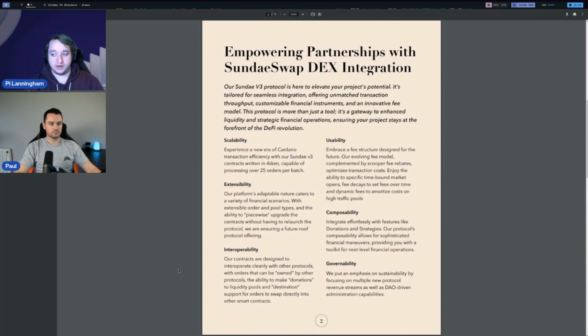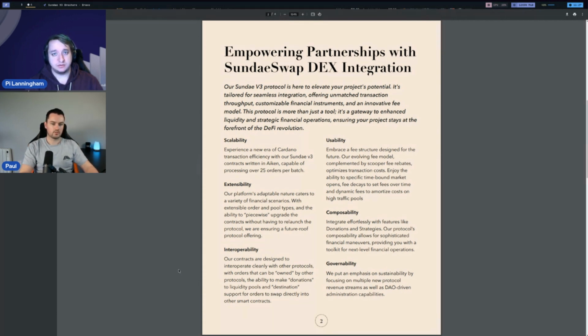The next big theme that we focused on is usability. So, we've had a little over 2 years now to watch how people are using Sunday V1 and other protocols, and the pain points that they've had, the things that projects wished they could do with a pool, things that people keep getting hurt and burned by, challenges within the ecosystem. And so we've designed a couple of features. The first one that we've talked about is that rebates feature, where the fees are more dynamic, that make it a lot more usable to the end user and the ecosystem.